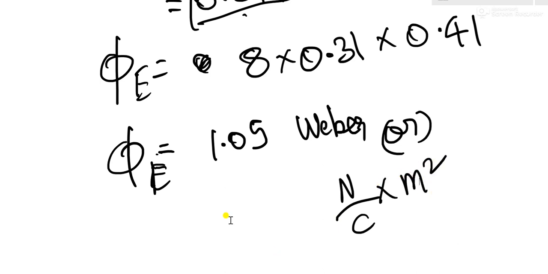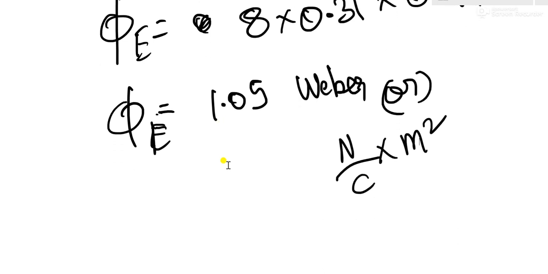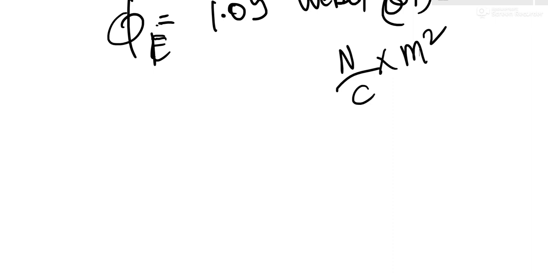Okay, one more thing I want to tell you: if you are getting approximately 1 also, it's fine for this solution. You don't need to mind about that, because they will give the correct mark, since it's approximately 1.05. When you are doing the calculation, you can get 1 also.